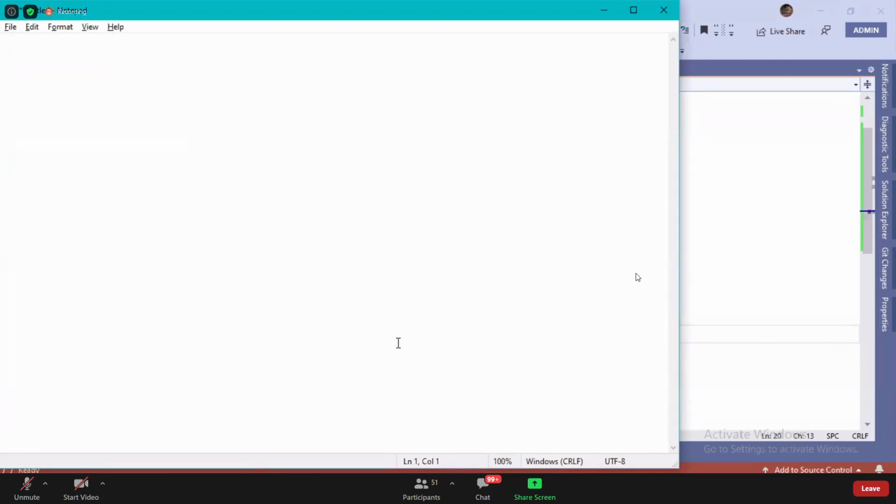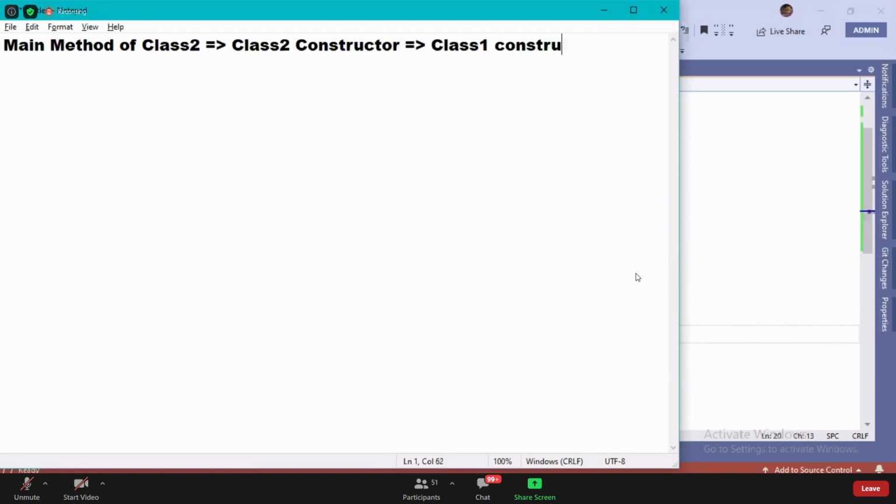First, main method of class 2 started from here. From here it went to class 2 constructor. From here it went to class 1 constructor.